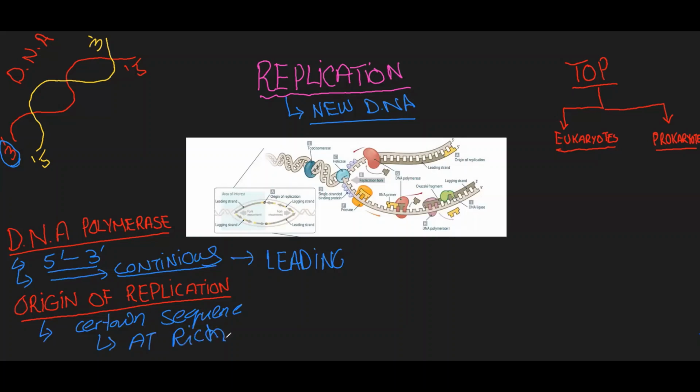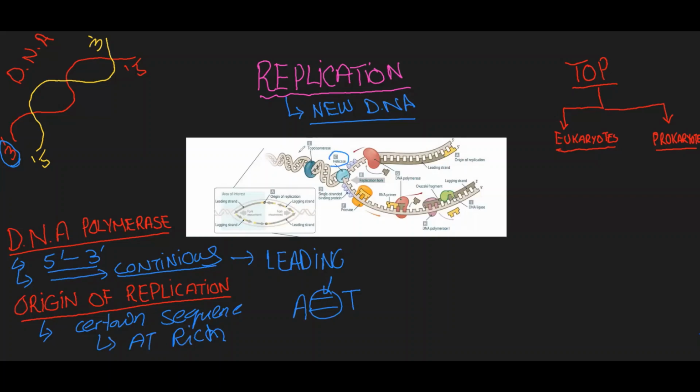So the next important thing, helicase is an enzyme. This helicase breaks the hydrogen bonds between the adenine and thymine. Adenine and thymine have two hydrogen bonds. So helicase breaks these hydrogen bonds. So the next step is the